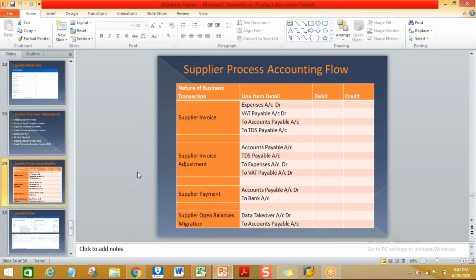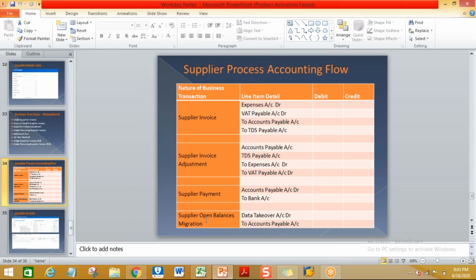Okay, so these are the accounting flows. If you see the invoice, expense account debit to accounts payable credit. If tax is applicable, VAT payable input, TDS payable credit, VAT payable debit. Adjustment, accounts payable debit, is nothing but the reversal of the invoice, credit memos or debit memos. When you are making the payments, accounts payable debit to the bank account.